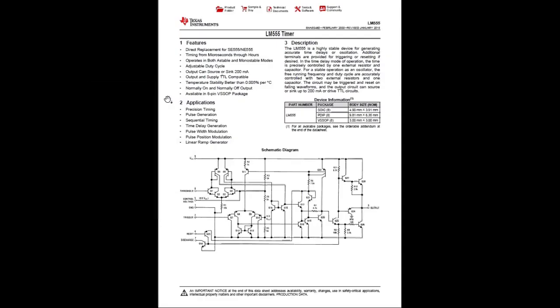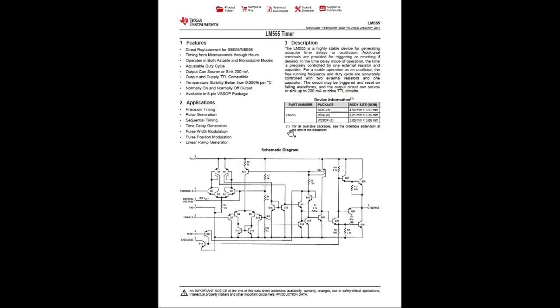Now let's walk through the datasheet of a component. Here I took an example of a timer IC, which is the LM555 from the Texas Instruments brand. Texas Instruments is not the only manufacturer of this component. We have other brands as well, but the datasheet pattern of all manufacturers is similar. On the first page, we can find in the header the key part number of the component and a 1 or 2 line description, and all have a feature list on the first page, some application details, its description, and package information. So here we can see this component LM555 supports 3 different packages.